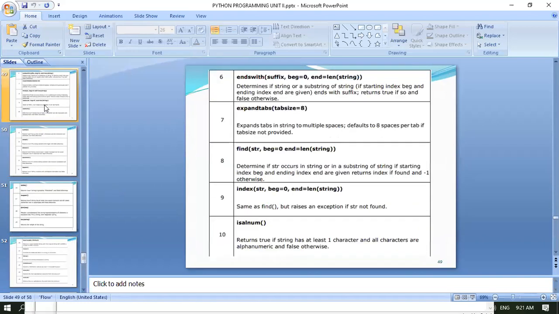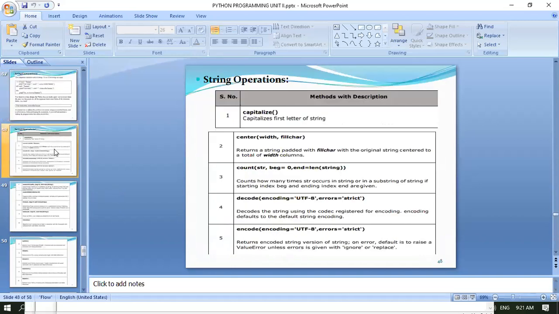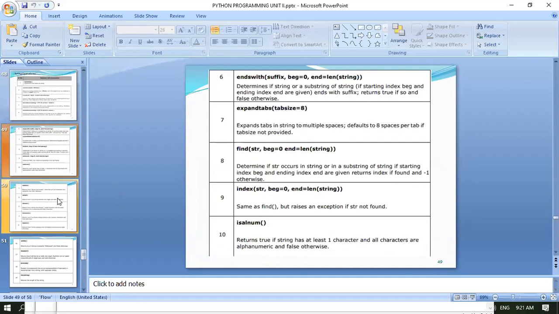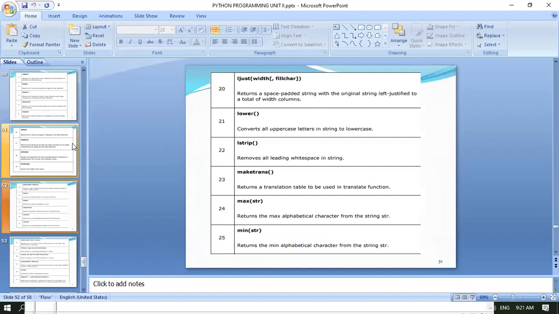So remember, strings are immutable. What is immutable? You are not allowed to change the original thing. Though you can try some variations on that, it will not reflect on your original string. I hope it is